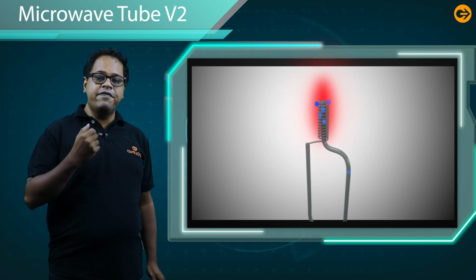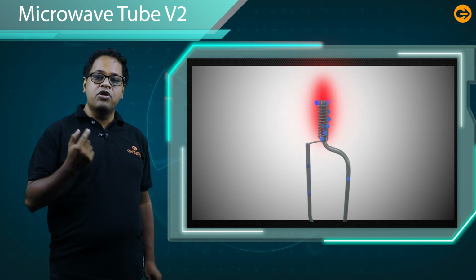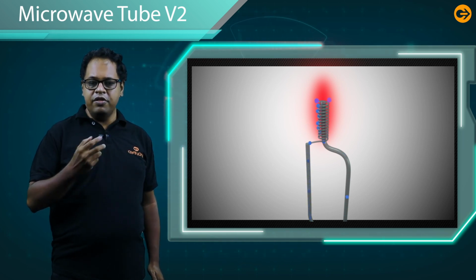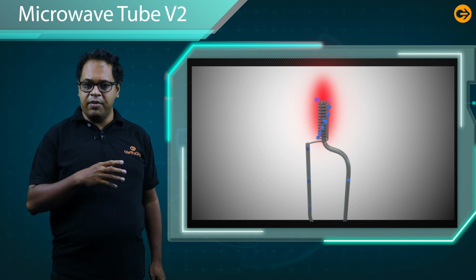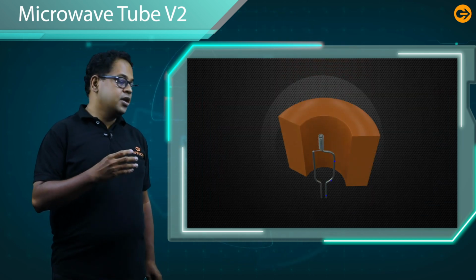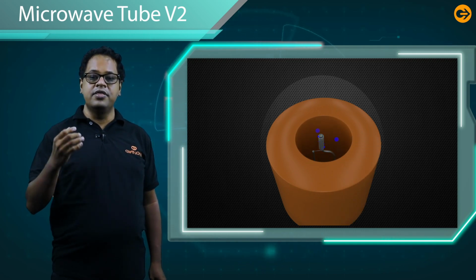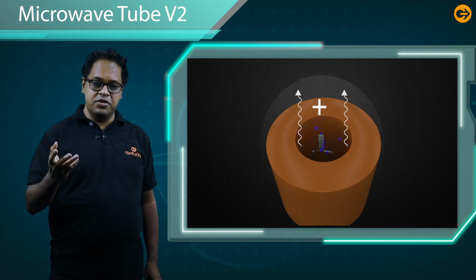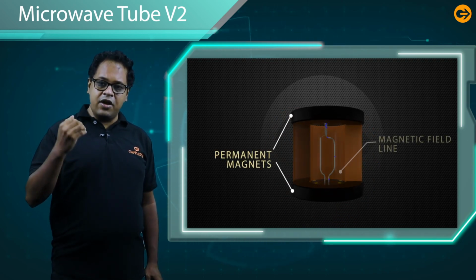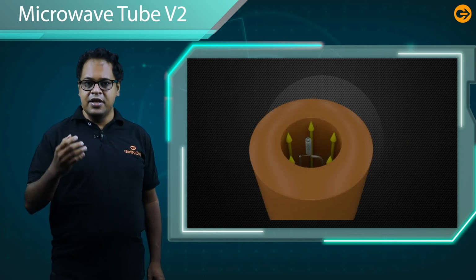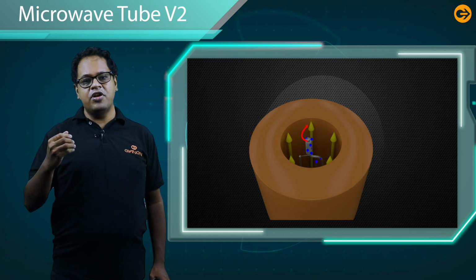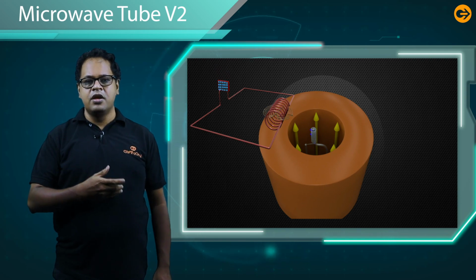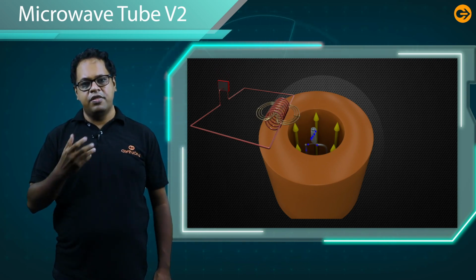Now, in a filament, there is electron rotation across the filament whenever electrons are flowing through this filament. Also, the electron is returned to the filament after some time. But if it is surrounded by an anode, that means a positive metal path, there is radiation. Also, if you surround this with a permanent magnet, then the electron oscillates around this anode. This cavity will work as an LC oscillator circuit.